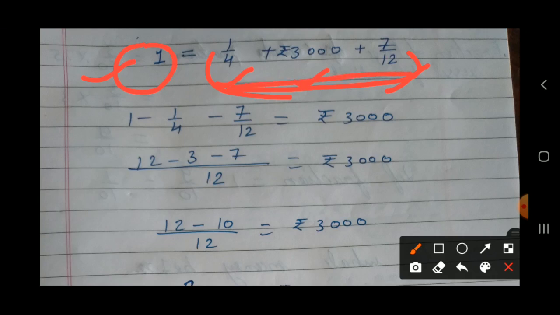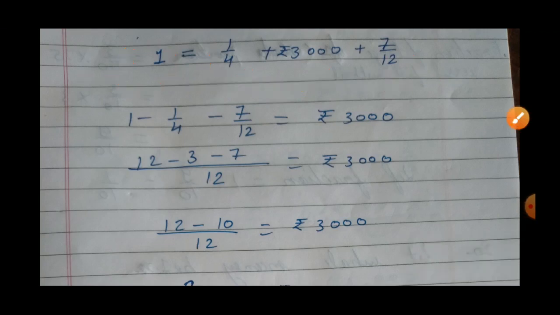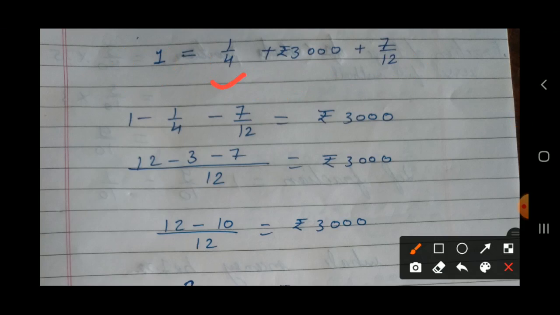Yes, now students, 1 upon 4 and 7 upon 12, the fractional forms, we will put on the left-hand side. First we will shift this 1 upon 4. Here it is with the plus sign, so on the left-hand side it will come with a negative sign. Here 7 upon 12 with the plus sign, on the left-hand side it will come with a minus sign. Now 1 minus 1 upon 4 minus 7 upon 12 is equal to